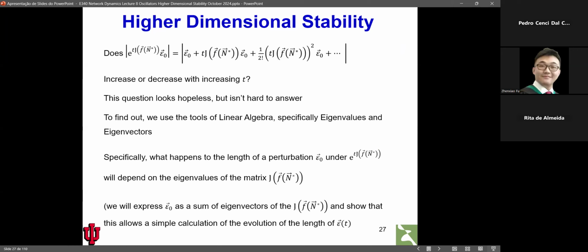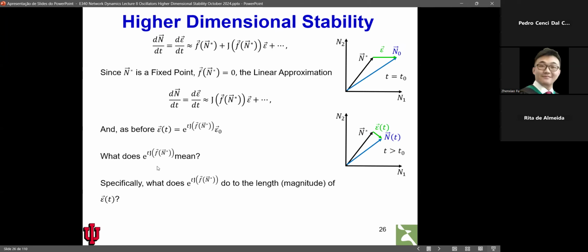I cannot understand what is an exponential of a matrix, but then you use this way of writing, and then you can understand what is an exponential of a matrix. And how do I know now? If this thing is here, you see you have epsilon of t is this exponential